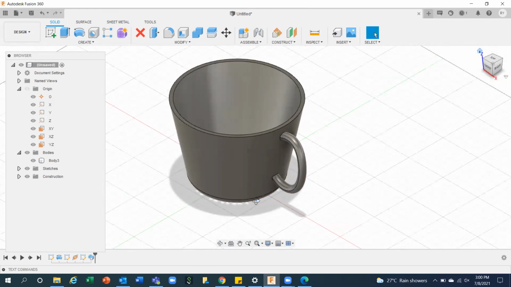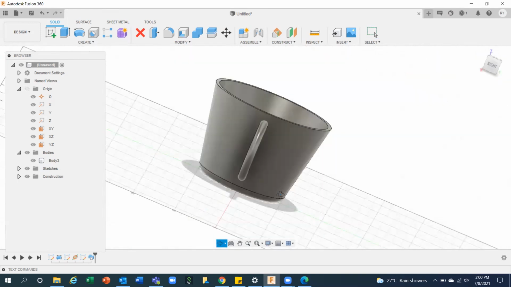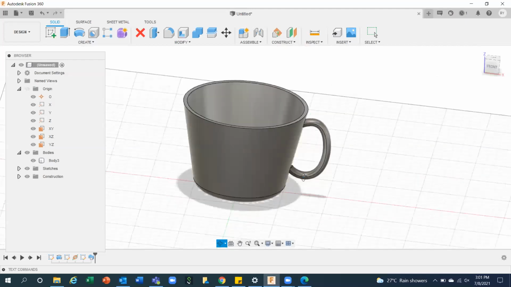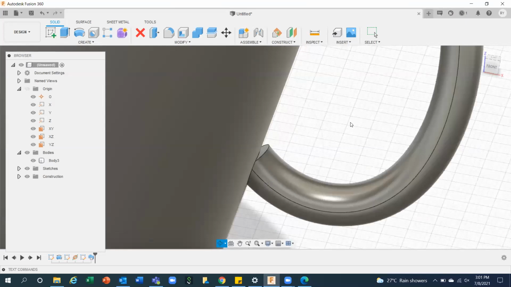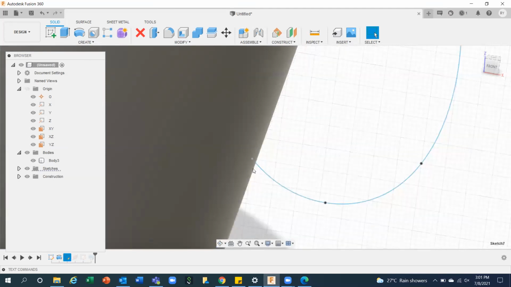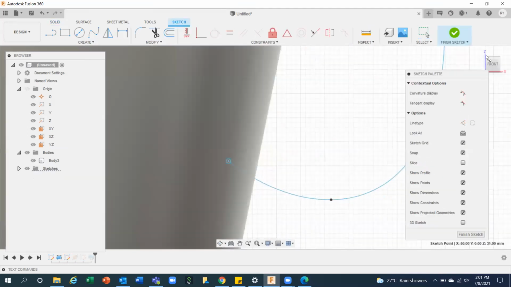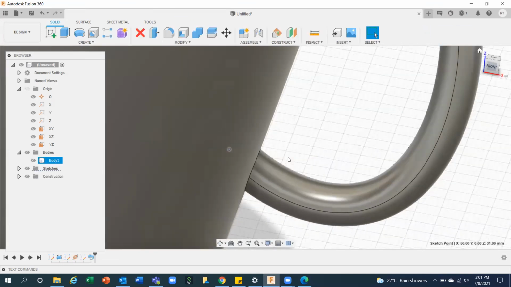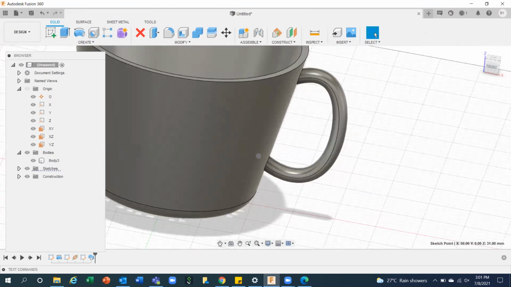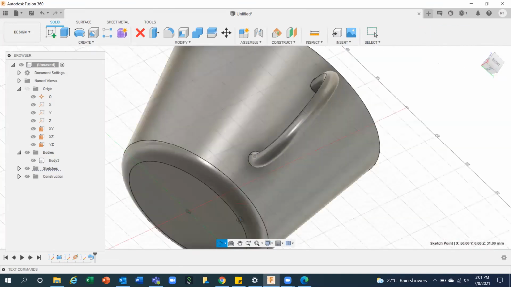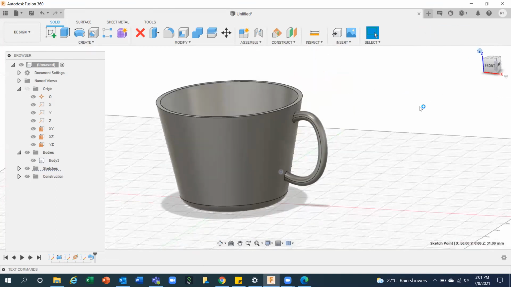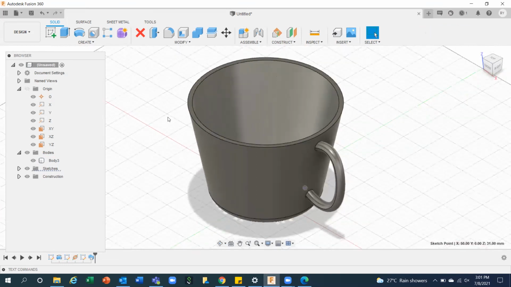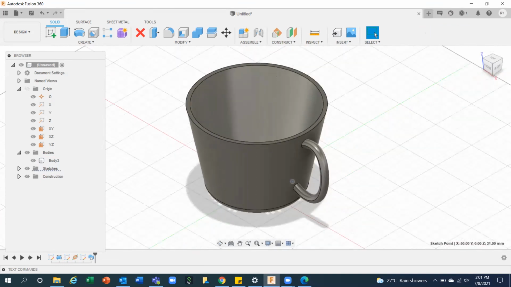Ready? Yes or no? Do I need to repeat this? Yes, there is a little challenge with my path, I need to create this path a little bit more inside. So I'm going to do that. I take a sketch. I need to make it like this. See. Now there is no gap. Correct or not? Yes or no? So challenging.